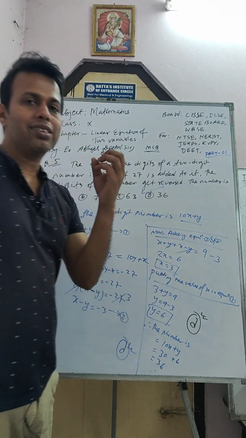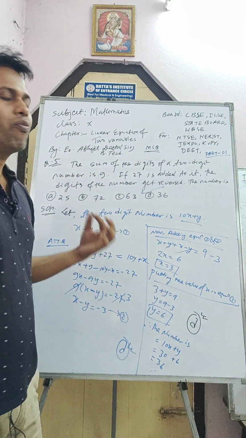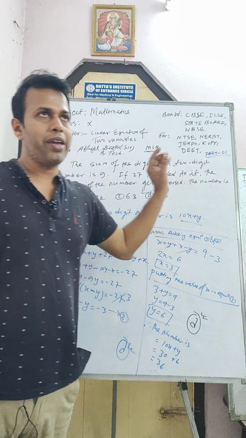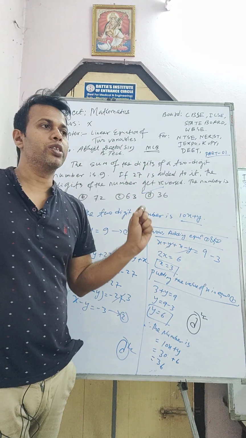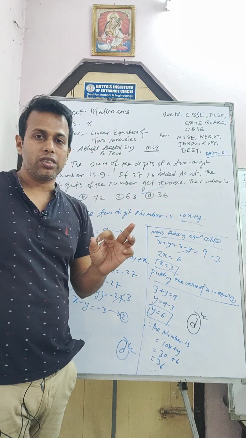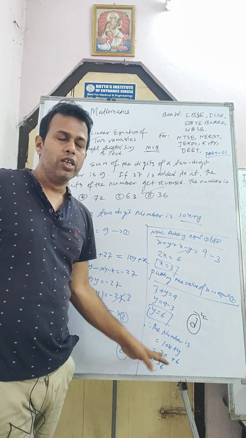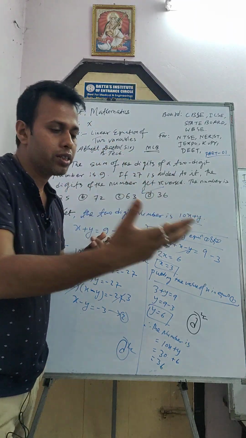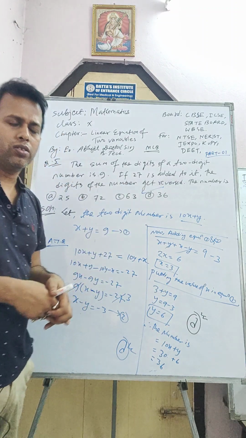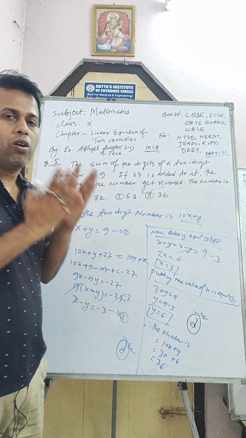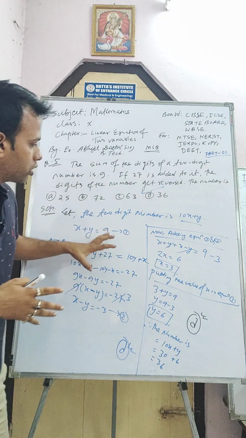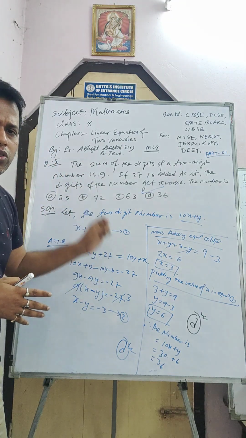In some questions they ask the reverse, where the number is not given. They may ask which of the following is the reverse number, or find out the values of the digits, that is x and y. So one question may come in different ways, different patterns, according to the requirement of the examiner. So you have to be prepared and ready to attempt any question. So if this type of question comes, I hope all of you can attempt it.